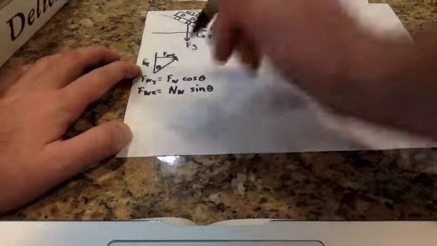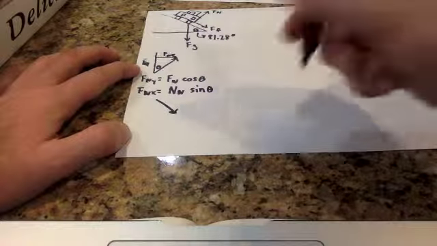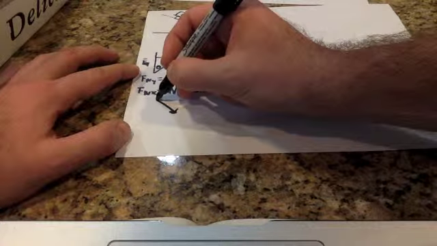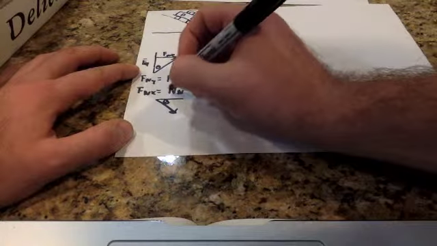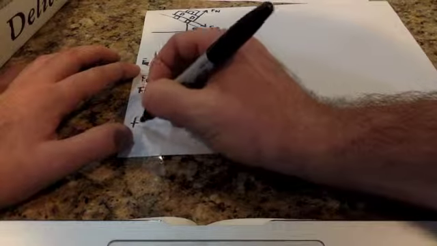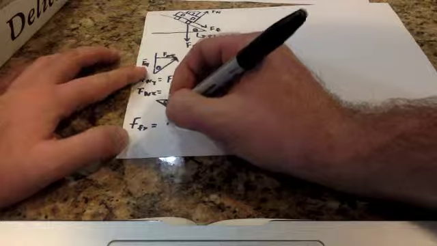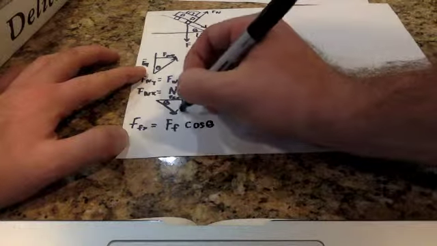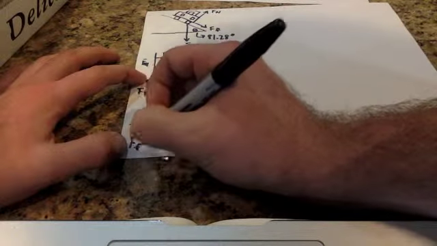Now, we have our new force, friction. Friction is going down like this, which means that our theta is going to be going this way. This theta is equivalent to that theta. So this is the F_fx. F_fx equals F_f times the cosine of theta, which means that this would be F_fy, and F_fy equals